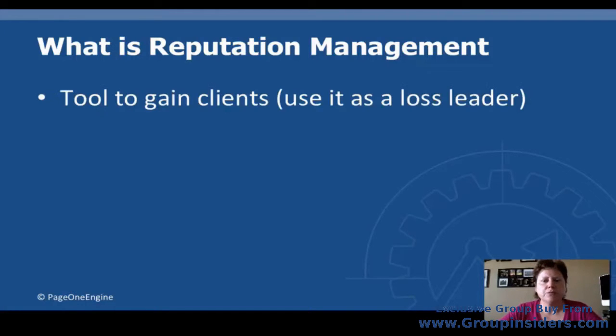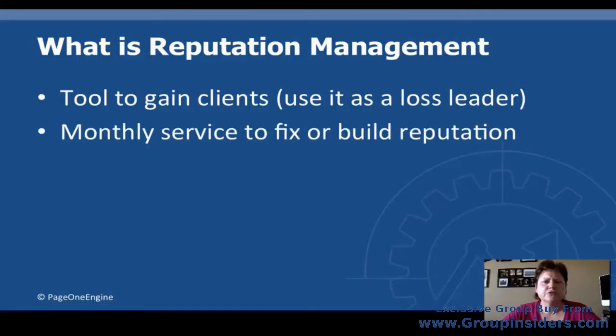Well, first of all, it can be used as a tool to actually get clients, meaning using it as a loss leader. If you're an SEO person or a website designer, depending on the kind of business you're in, you can actually use reputation management to attract and gain clientele. Think about if they had something bad out there, a bad reputation. Even the fact that you know about something that they don't, just a conversation with them can oftentimes be what propels you and gets you into the door. So we often use it as a tool to gain clients or to get their trust.